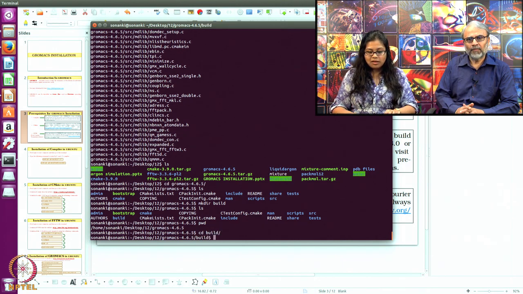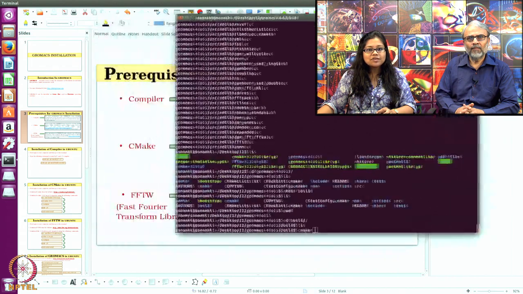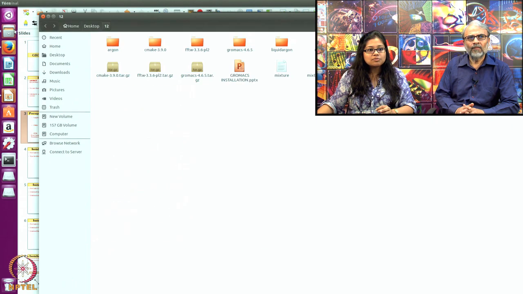Now I have to install Gromacs. For that I'll first type cmake, and then I have to give the path where my Gromacs directory is. The easiest way to give the path is I just go to my files.